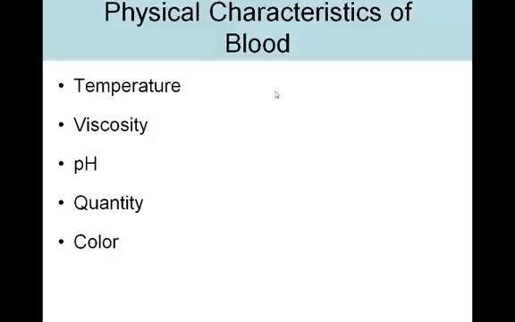The pH of blood is somewhere between 7.35 and 7.45. And this pH is very important. Variations below 7.35 or above 7.45 can actually lead to death. So your body works very hard to maintain blood pH. In terms of quantity, the typical person has anywhere from 4 to 6 liters of blood, less for a woman, more for a man.